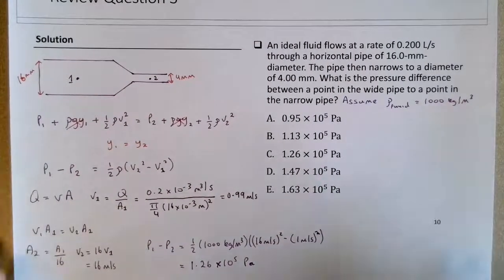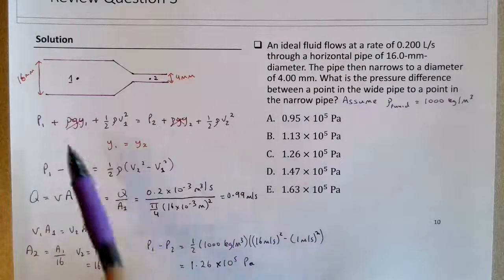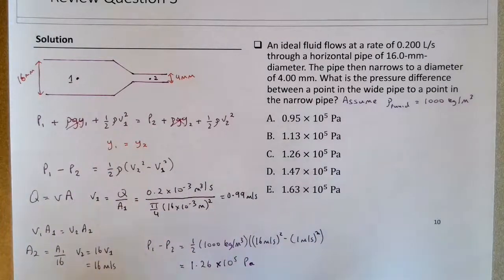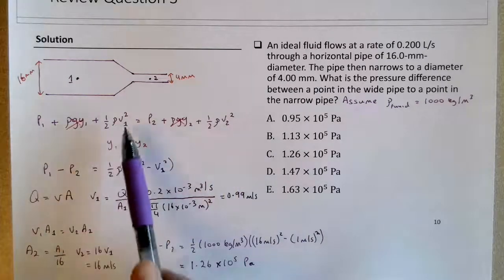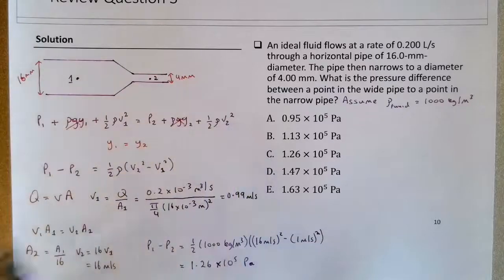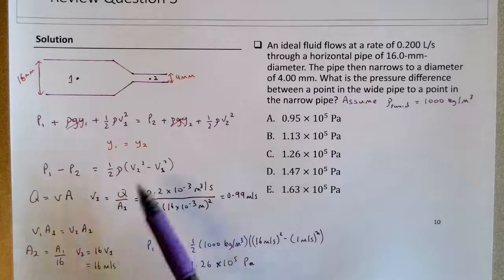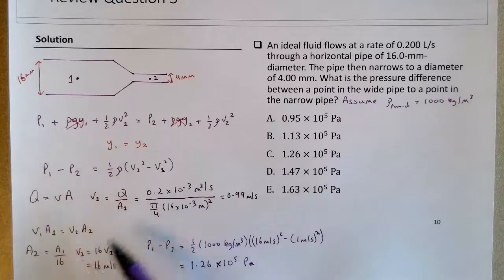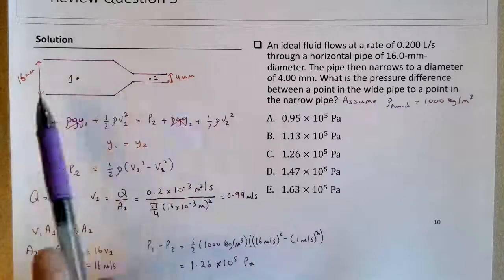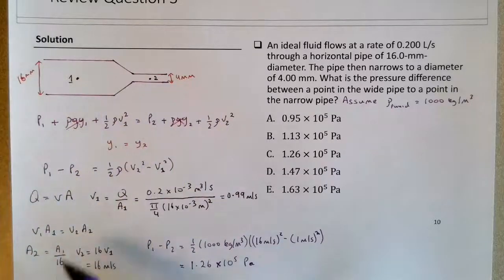That should cover all the key parts. Again, ideal fluid flow question: think about Bernoulli's equation, think about whether it's a change in diameter or a change in height. In this case it was just a change in diameter, no change in height, so we're just looking at the change in the 1/2 rho v squared terms. I have to think about continuity to figure out the actual speeds. I can shorten my calculation time if there's a simple ratio in the diameter change. I can then think about how the cross-section area changes, to think about what happens to speed, and then finish the question. So choice